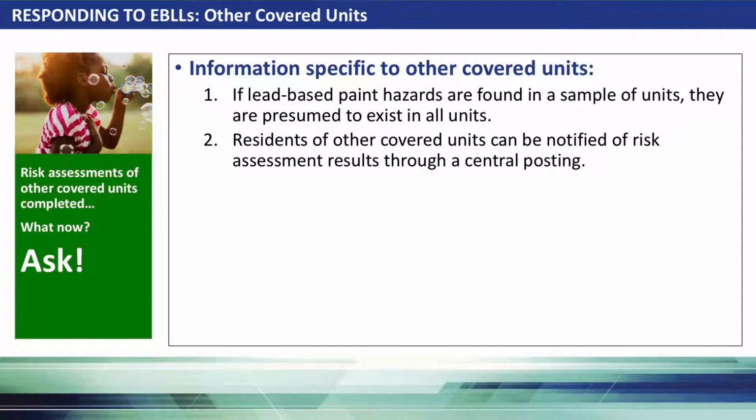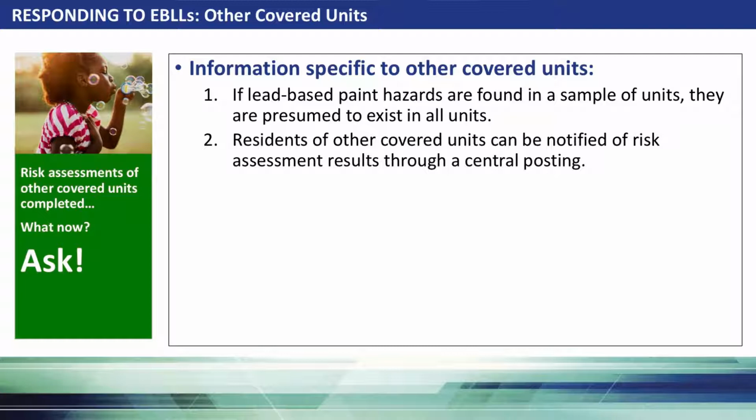In other words, if the risk assessment found lead-based paint hazards via sampling of covered units, then the owner must proceed under the assumption that all covered units of that similar construction also have lead-based paint hazards. This is a concept that the certified risk assessor will be familiar with and will be included in the report